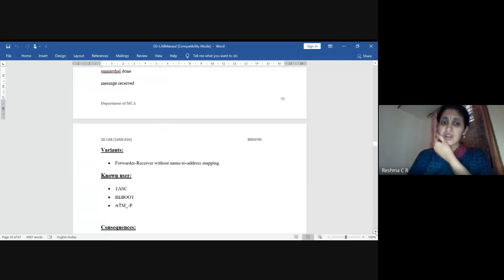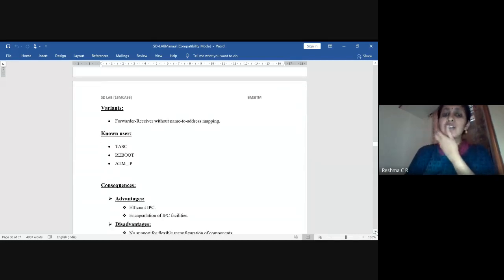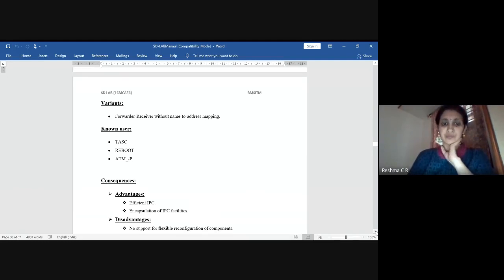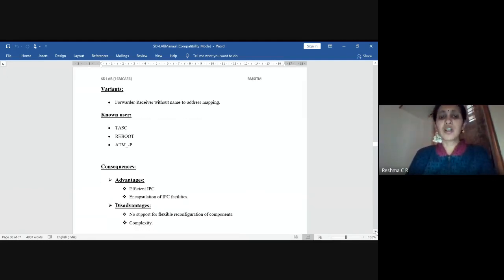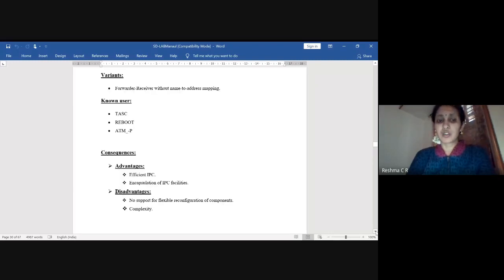Next we have the variants. This forwarder-receiver can be taken as a name-to-address mapping. That means there can be different peers, and all these different peers we need to locate. Without using a name and location, we can use a mapping for a forwarder and use this forwarder-receiver concept. It can be used in a reboot system.